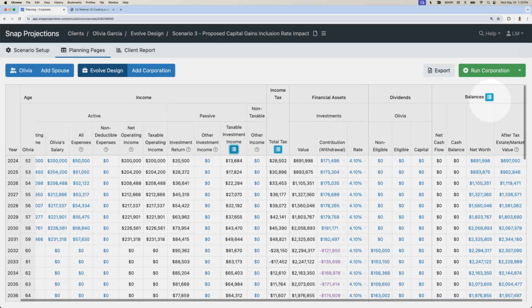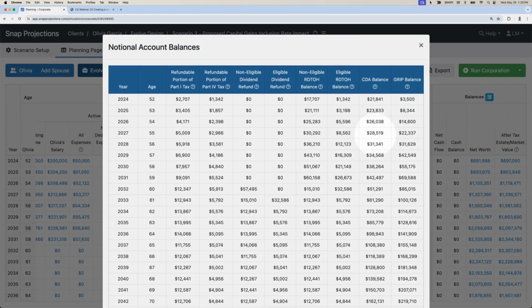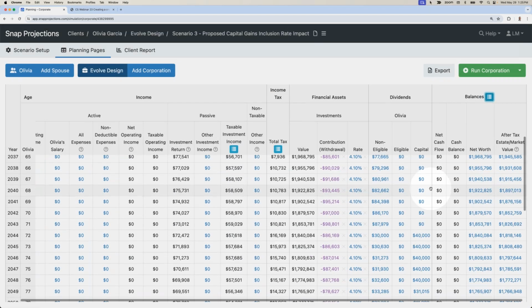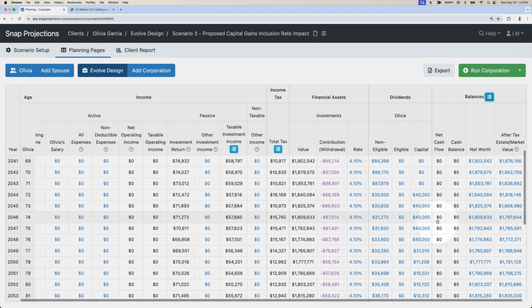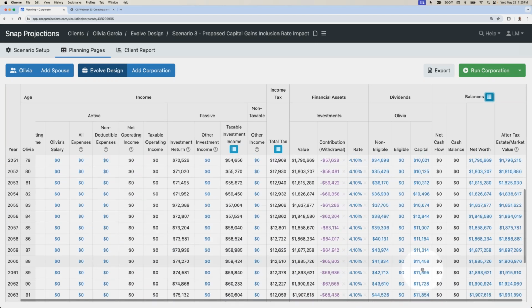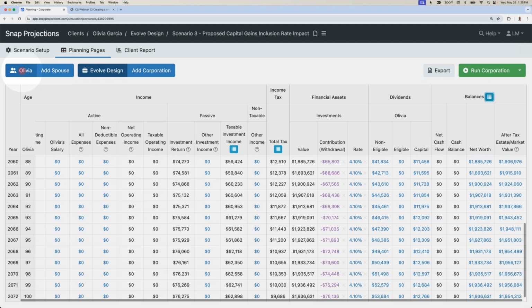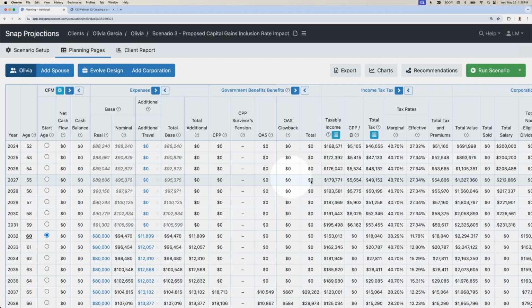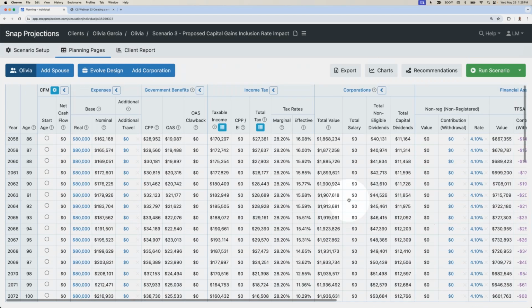And then if we look at the notional account balances, the amount of CDA that they're receiving is only a third instead of half of the gain. So as a result, we can see there's less capital dividends being paid out in this plan because the room runs out earlier. And if we go back to Olivia's personal planning page, we can scroll to the very bottom